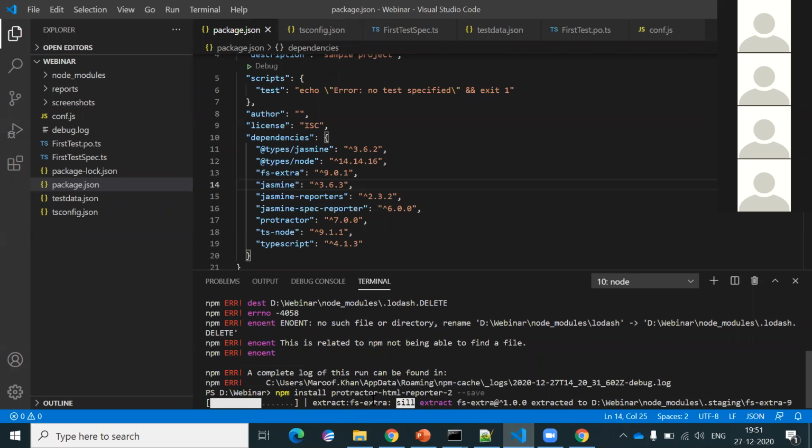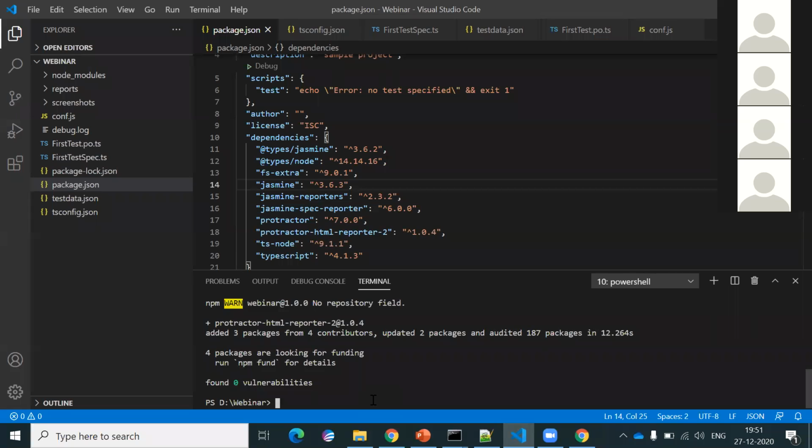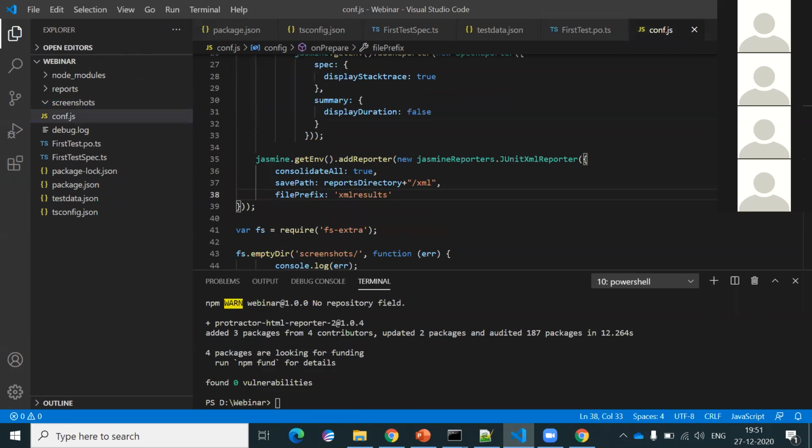Actually, this is my organization laptop, so sometimes they do not allow downloading particular packages apart from connecting the VPN. Okay, so we have got protractor-html-reporter-2, and I saw that this screenshot folder has been created parallel to the reports folder, but I want this inside the reports folder. So let me go to convert.js again,